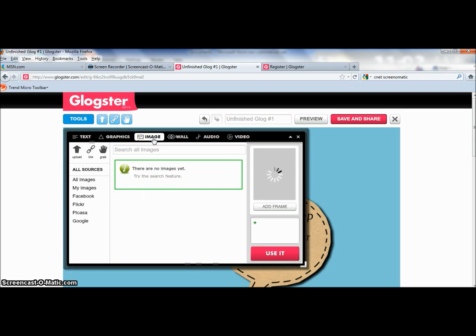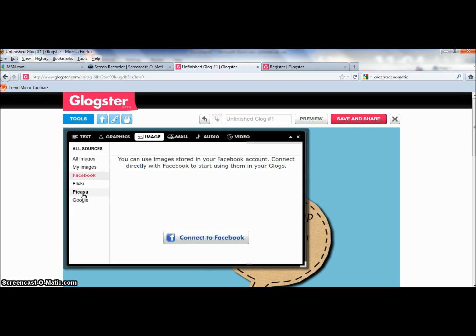Images. In Images, you can upload from your computer. You can link it, or you can grab one. I don't have Facebook, Flickr, Picasa, or Google. But let's say